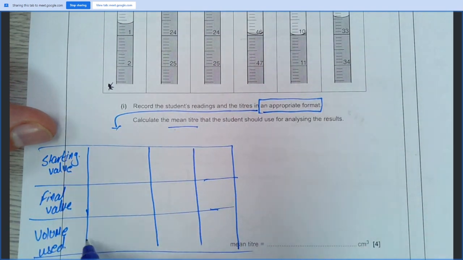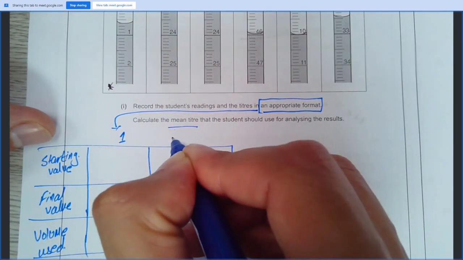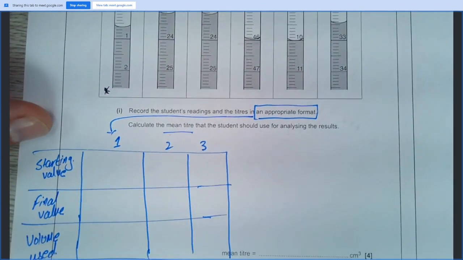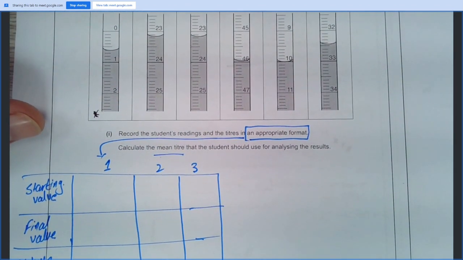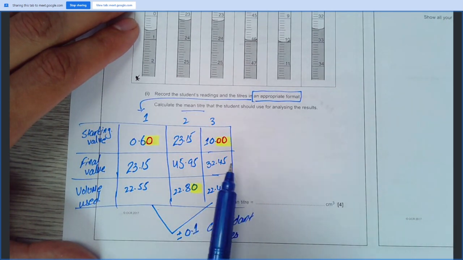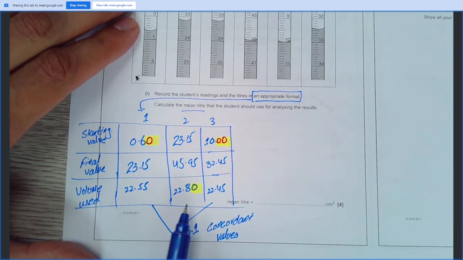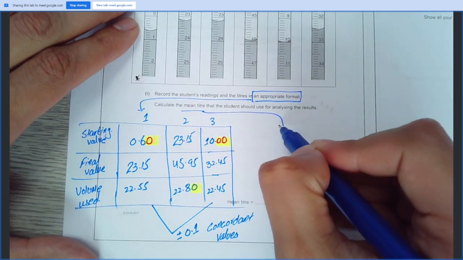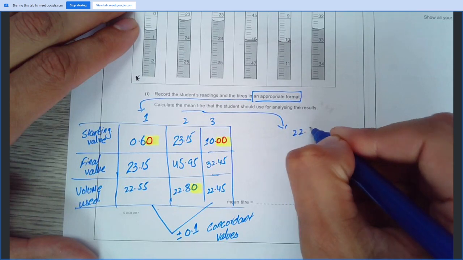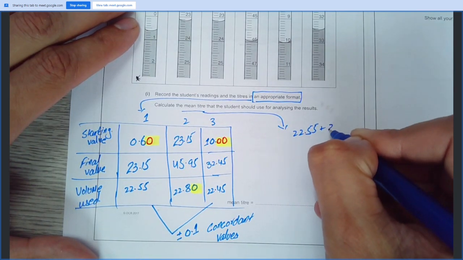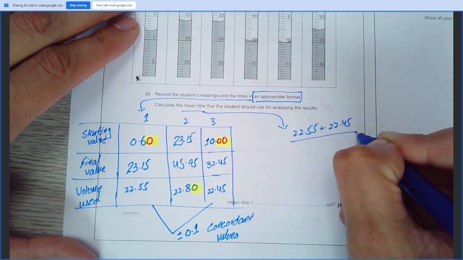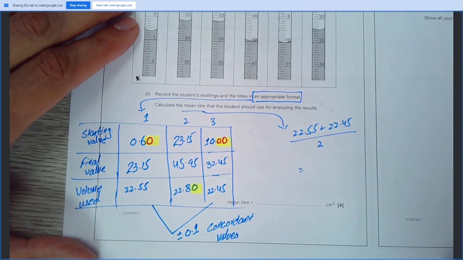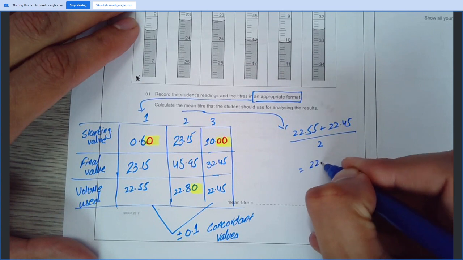Now, how many measurements do I have? 1, 2. Once I've done this, I see these two are within a small difference of each other, so these are my concordant values. When I work out the mean titre, it will be 22.55 plus 22.45 divided by 2, and if you do that, you'll end up with an answer of 22.50